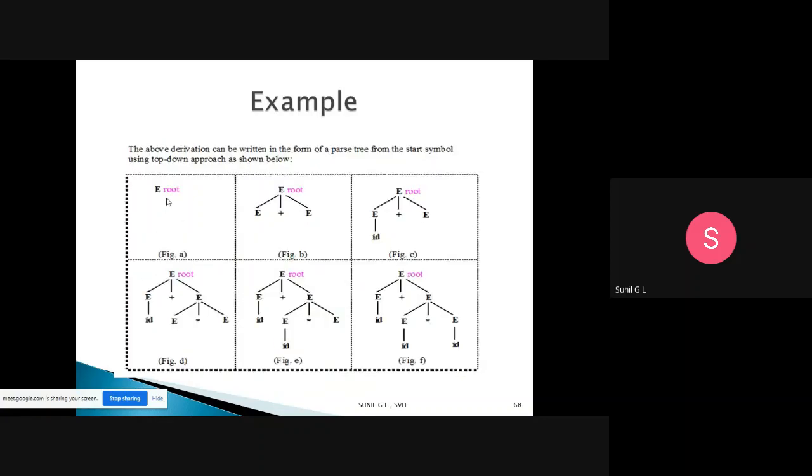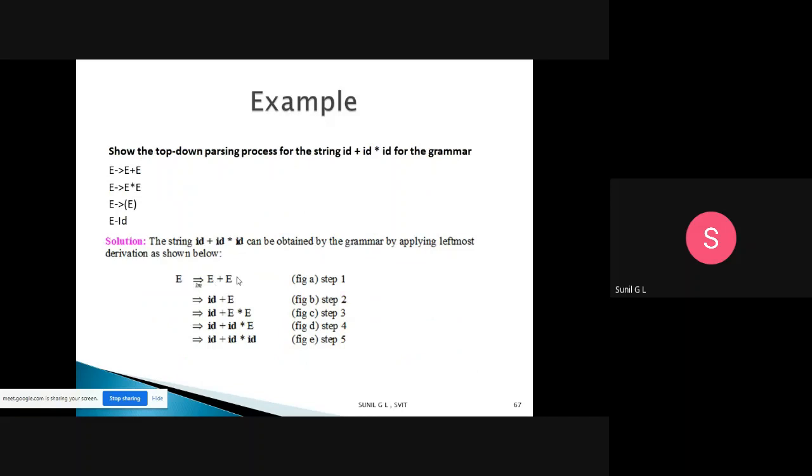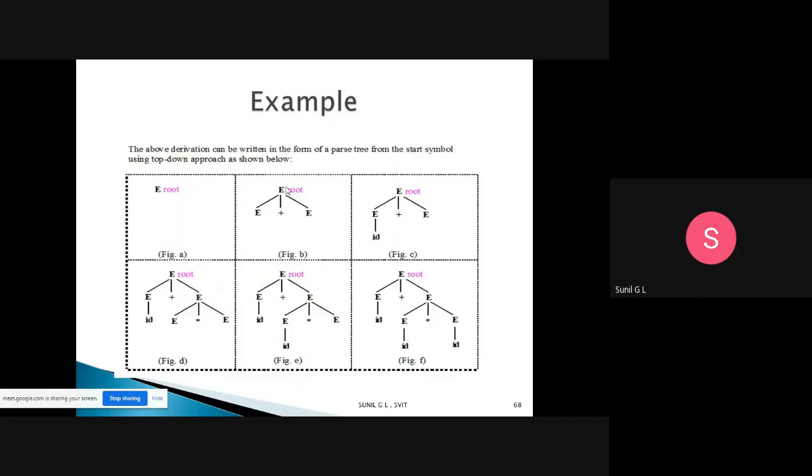Then after that, E tends to E plus E. So from the root E we get E plus E. Now I have constructed this: this is the root, and these are the leaves, E tends to E plus E, done. Then your string is id plus id star id.